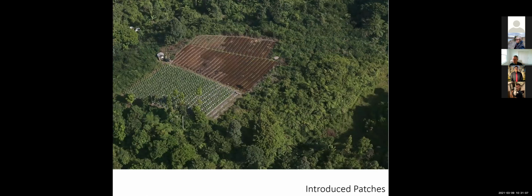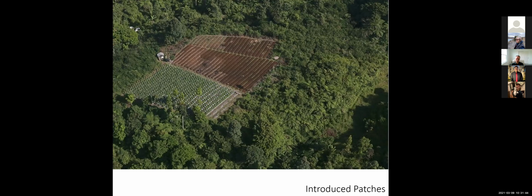Then there are also introduced patches, the first type of patch that comes about due to human modification. When humans introduce organisms to an area, an introduced patch is the result. It resembles a disturbance patch in the sense that disturbance of a small area initiates the patch. In all cases, the introduced species, whether plants, animals, or people, exert a dominating and continuing effect on the patch. So there could be planted patches, for example,